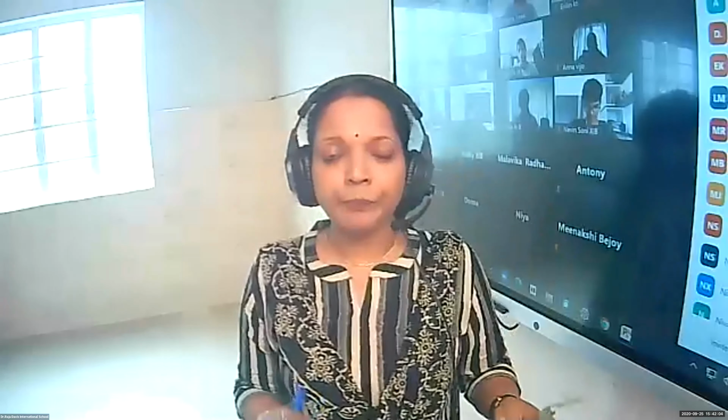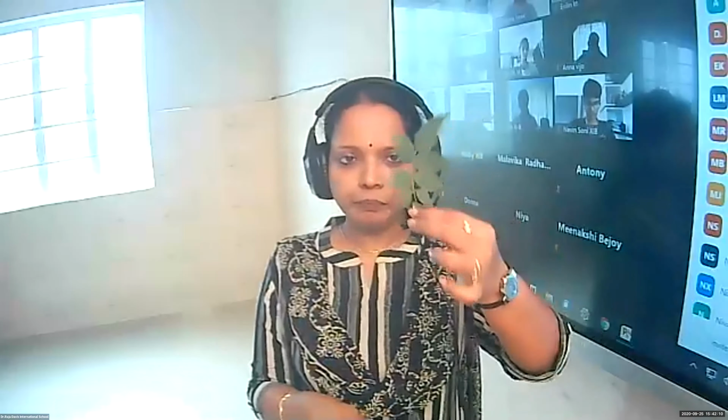I'll write on the board, but before that I want to show you this. Pinnately and palmately compound. This one is pinnately compound. Means there will be a main axis and leaflets are arranged on the main axis, and you call it as pinnately compound. Now the next one is palmately compound. I didn't get a sample. I'll try. If I get, I'll bring.